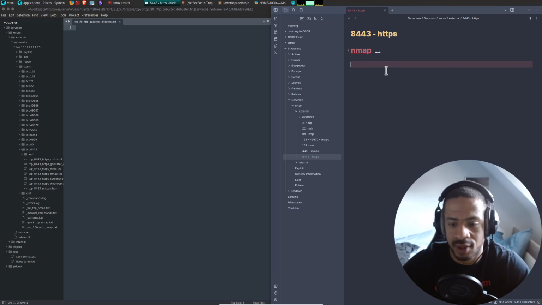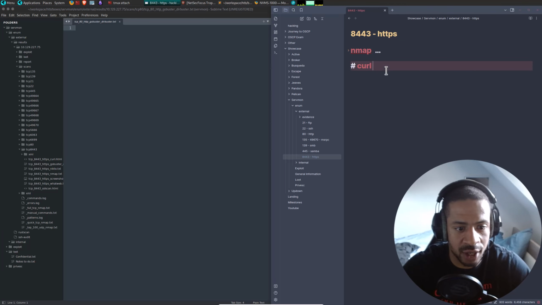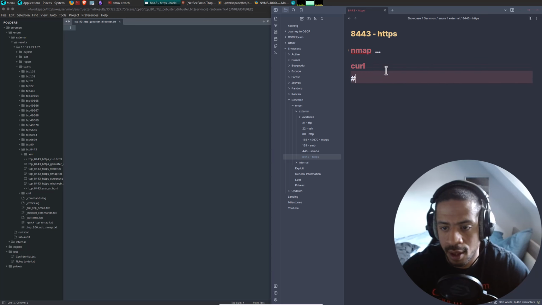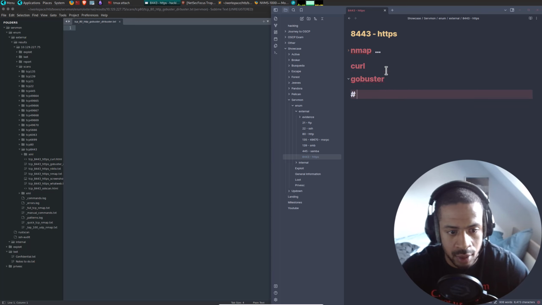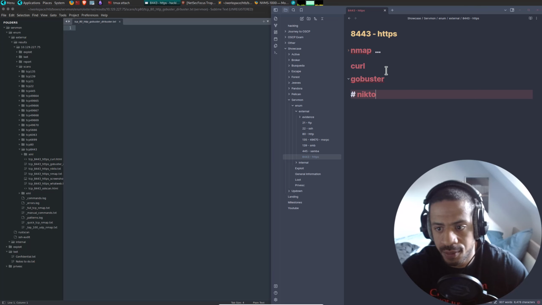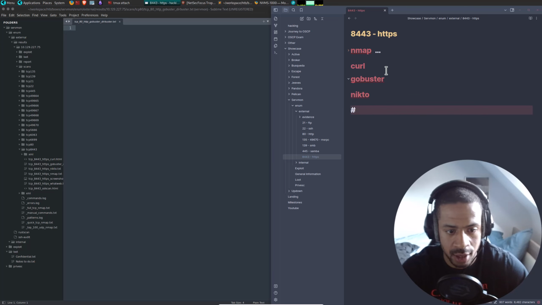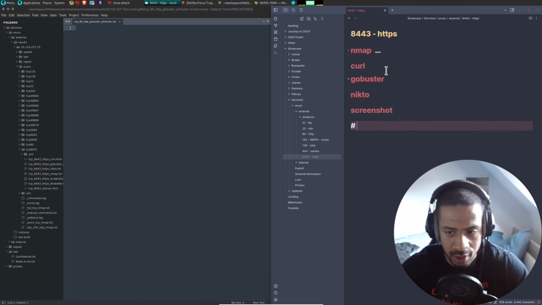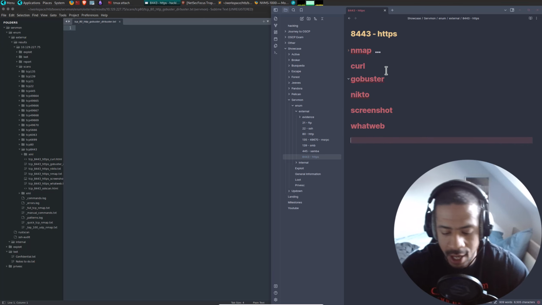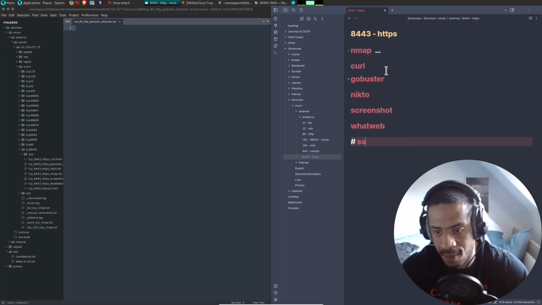HTTPS. So here as well we have curl, we have GoBuster, we have Nikto, screenshot, and WhatWeb, and SSL scan.